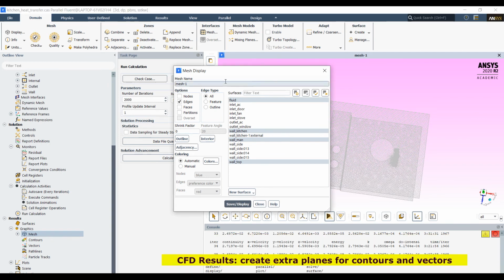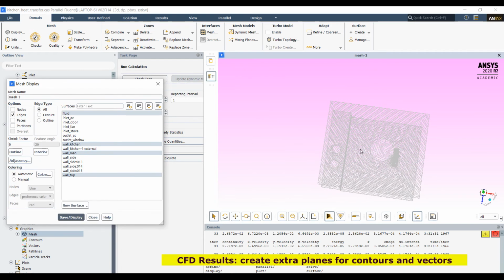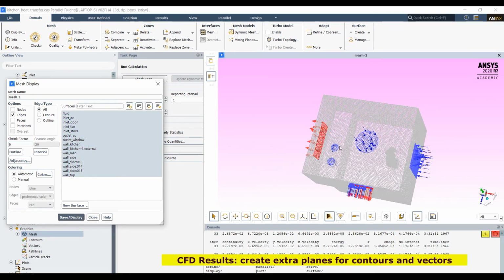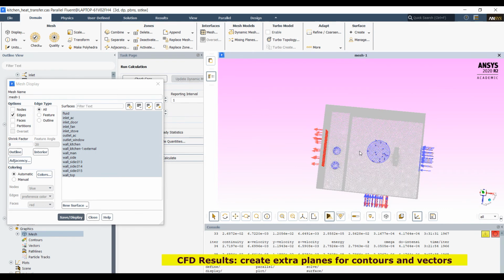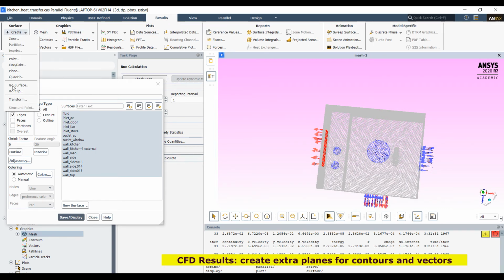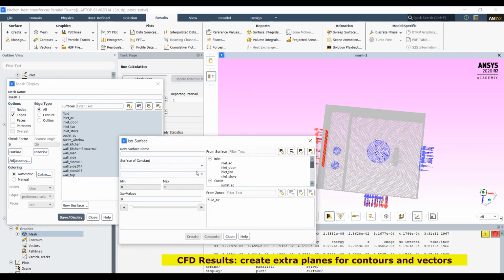Then create some reference planes for the post processing result. Create isosurface, select mesh, and select in J direction. Compute.